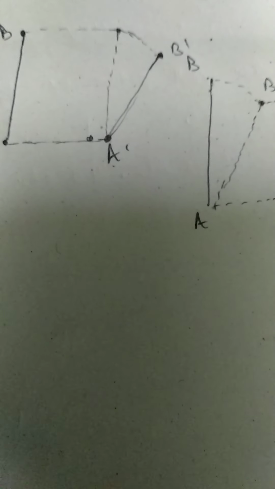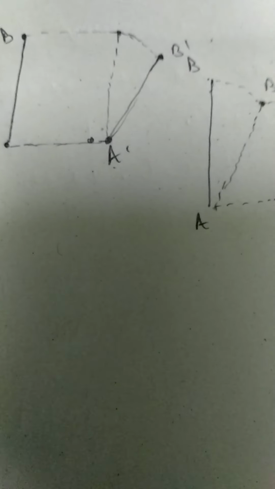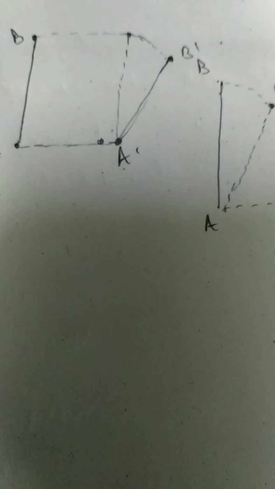Now consider the link AB, which moves from its position AB to A1B1, as shown in the given figure. Now it will show that the link has neither a motion of translation nor fully rotational motion, but a combination of translation and rotation.